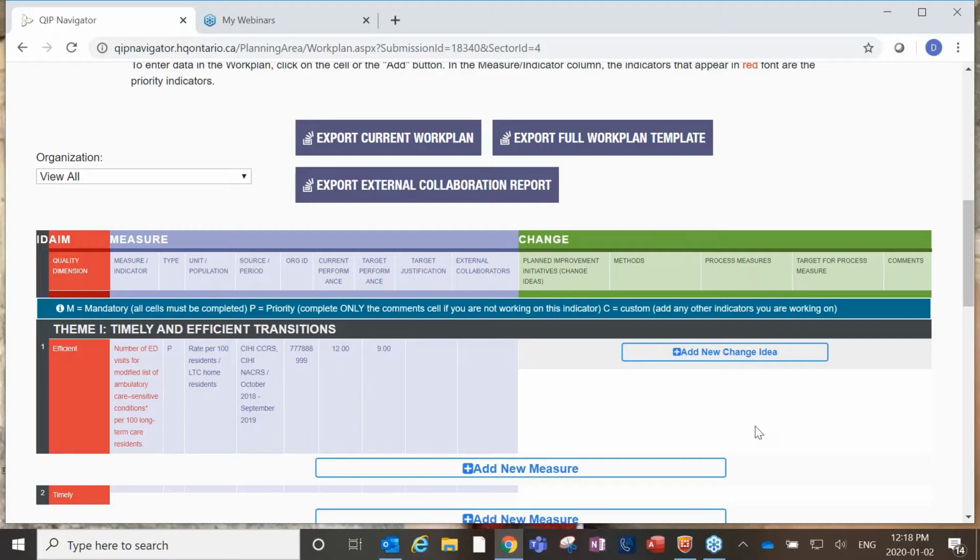The measure column contains valuable information that helps answer the question, how do we know that a change is an improvement? In the measure section, we find name of the indicator, the type of indicator, mandatory, priority, or custom, the unit of measurement that is used for the indicator and the population to which the indicator applies, the source of the data and the interval of time the indicator is measured, for example, January to December,